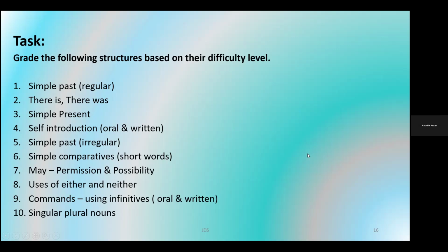Simple present. Number 7? Permission, the seventh one is that, a bit high. Permission, possibility. Third one, ma'am. Simple present. Which number? Number 3. Simple present tense. You can use simple present tense structures: goes, walks, or maybe draws a picture. I come to school, likewise. After simple present tense,